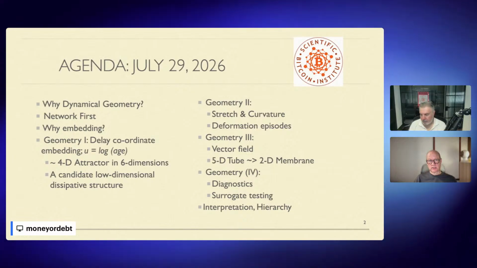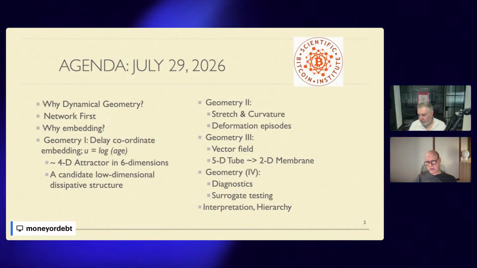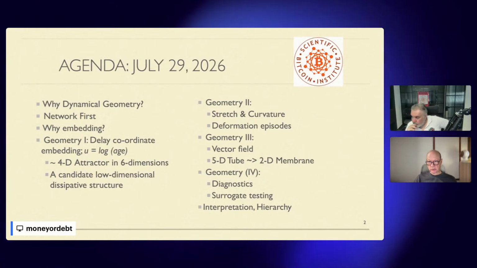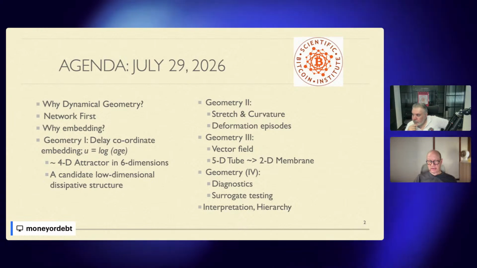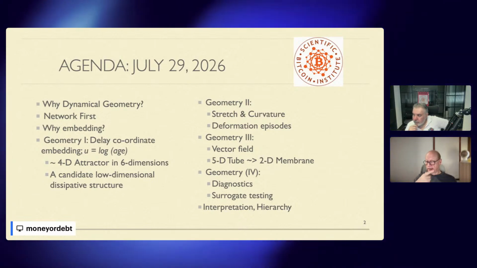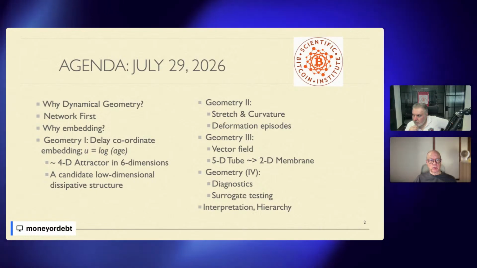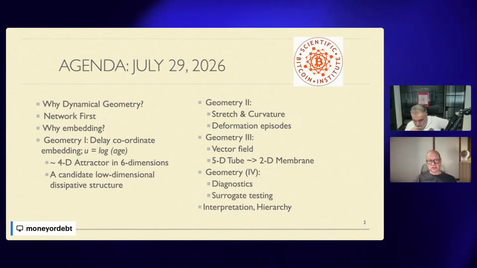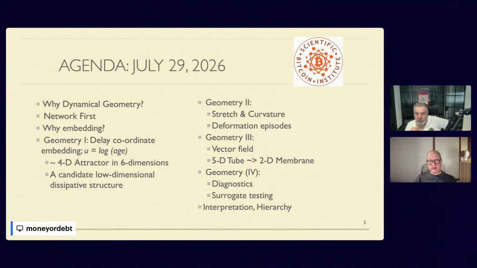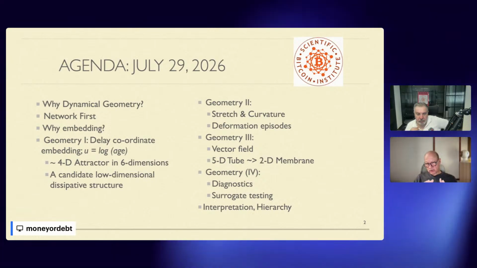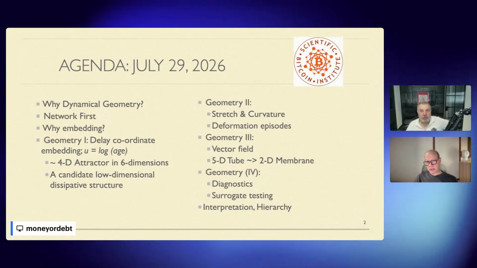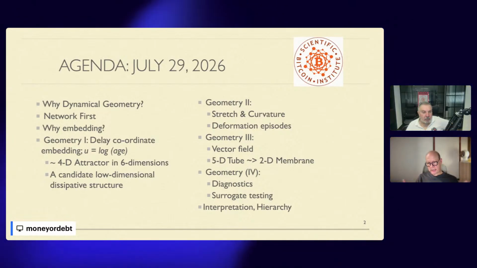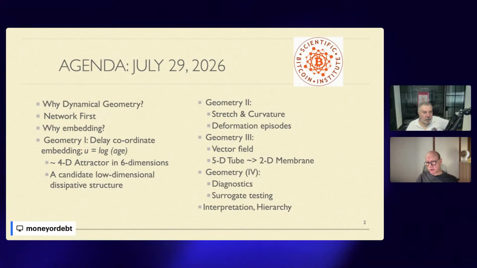So why that? I've got now a 4-article series up on Substack. I just put the 4th article up earlier this week, which has diagnostics and surrogate testing and out of sample testing. So the first article or phase of this is to look at the embedding, and it's a little bit of an art because you have to pick a state space to work in.